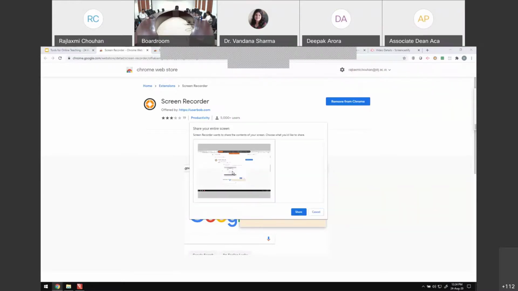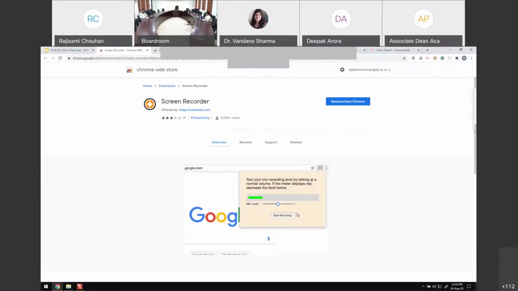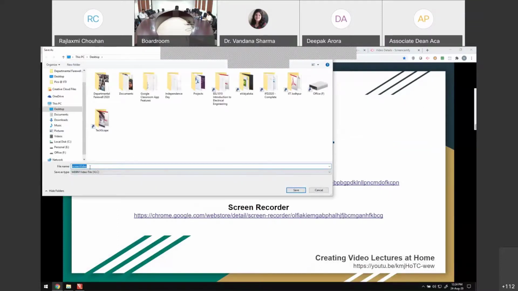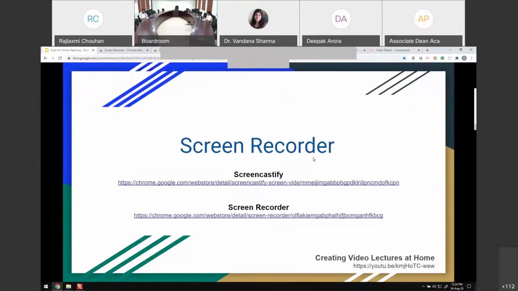You select the screen that you want to record and you click on share. Now, whatever we are saying or whatever is on the screen is being recorded, right? After we are done, there's an option to end recording. So we click on end, and by default, it is going to save on my desktop in the form of a WebM file. Right now, normally if you want to use a video editor, you may want to convert this to MP4. The normal VLC player that we use can also be used to convert or stream one format to another format, and you can convert it using that.